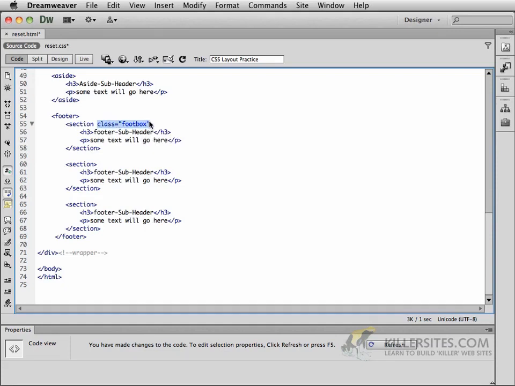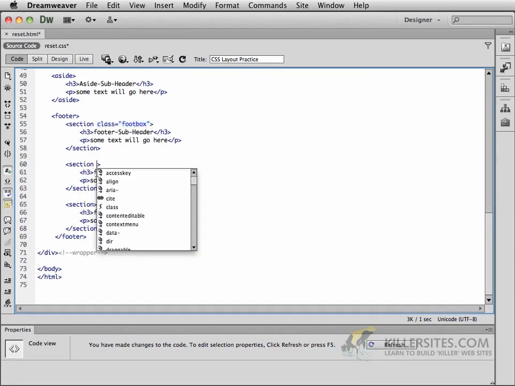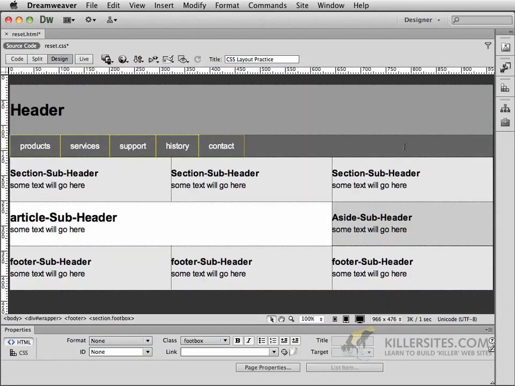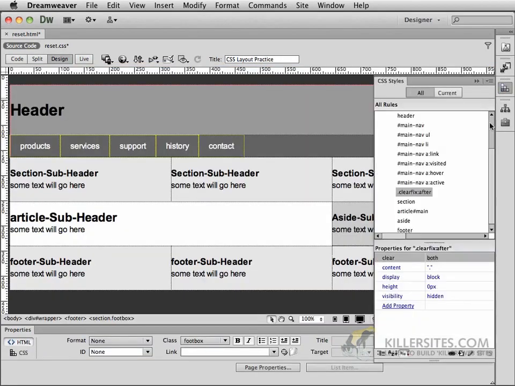I'll copy this information, from class all the way to the closing bracket. Command C, Control C on a PC. Put a space after the second section, paste it in, Command V, Control V on a PC, and do the same thing here. Now that we've got all three of these defined as footbox, we're going to go into our CSS styles,